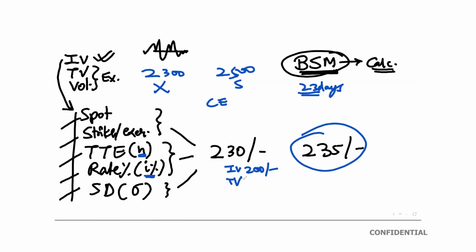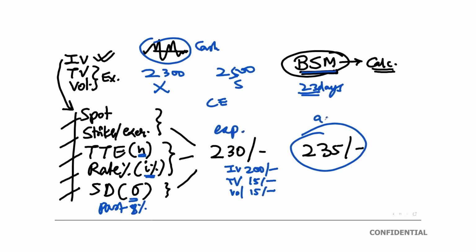So suppose the time value here is 15 rupees. And then the sigma component, the standard deviation, which you have calculated based on the past historical price movement of the underlying asset in the cash or spot market, let's say 7% or 8% movement. Based on that, the Black-Scholes model gives you a measure, and you have calculated that the volatility is also 15. Fine. Now, this is what you expect the price to be. This is the actual price in the market.